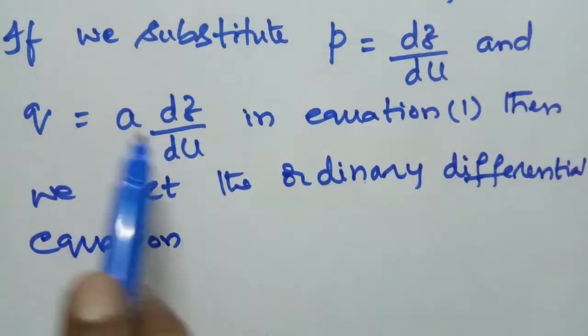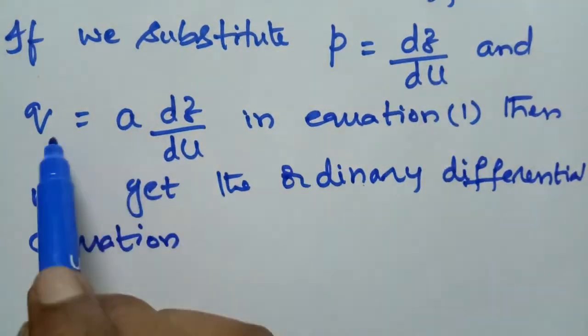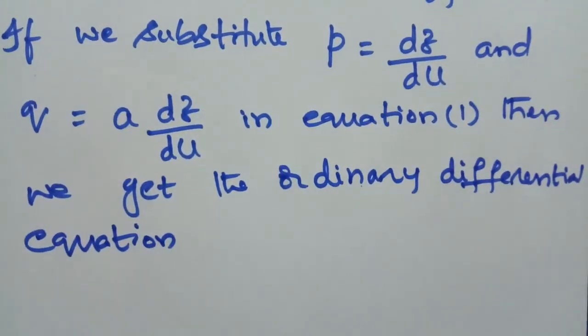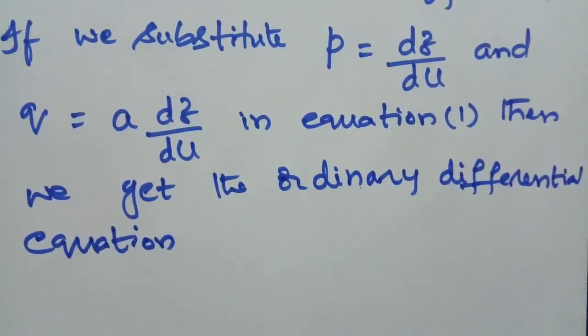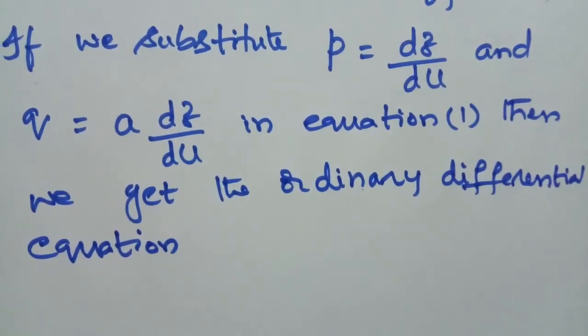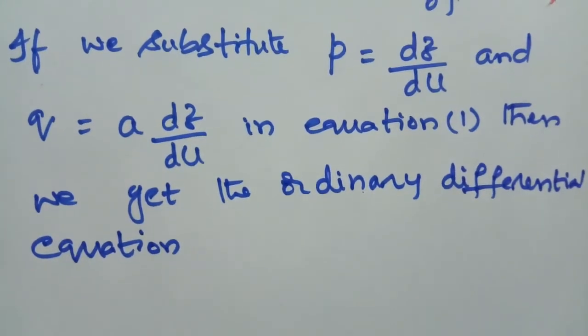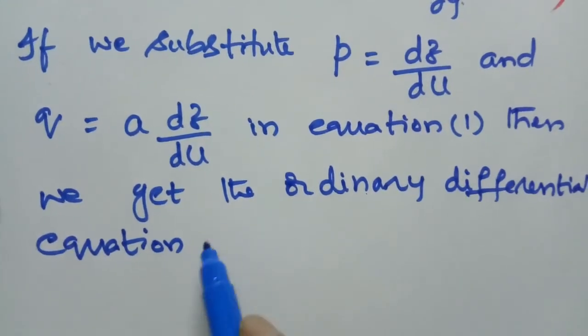Since p is equal to dz by du and q is equal to a into dz by du, these are ordinary derivatives. Therefore, equation 1 is transformed into an ordinary differential equation, which can be solved